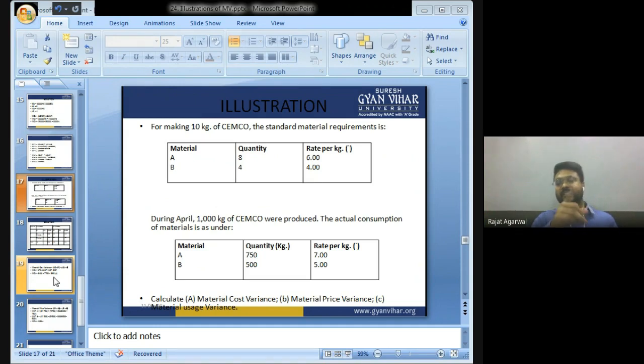Please everyone try this illustration as your homework and in the next class we are going to discuss this. Please try to solve this illustration at home so that when I solve it in the next class, you will get clarity about where you were wrong. So this is your homework. Please either take a photo or a screenshot and try to solve this illustration at your home.